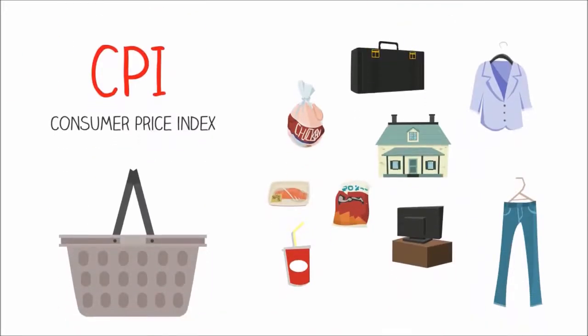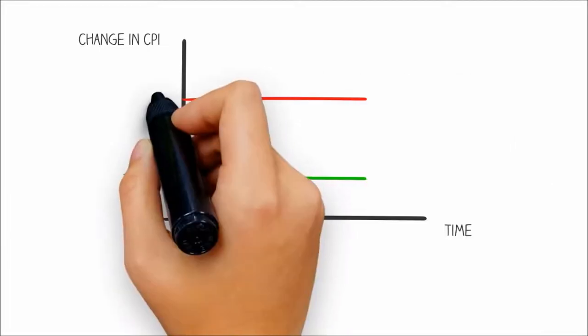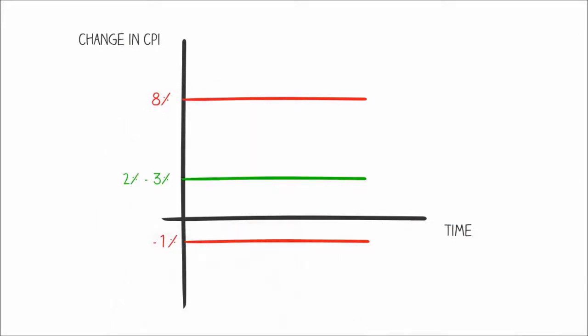Economists often use the CPI, or Consumer Price Index, as a measure of inflation, which takes a basket of goods and services like food, housing, entertainment and apparel, and calculates the average change in prices of the overall basket. Economists have found through decades of research that small amounts of inflation, such as 2 to 3% each year, is a good thing because it means the economy can grow in a way that is sustainable. History has shown that if inflation is too high or if deflation occurs, where prices in an economy decline, this can destabilize an economy and cause much larger fluctuations in the economic cycle.